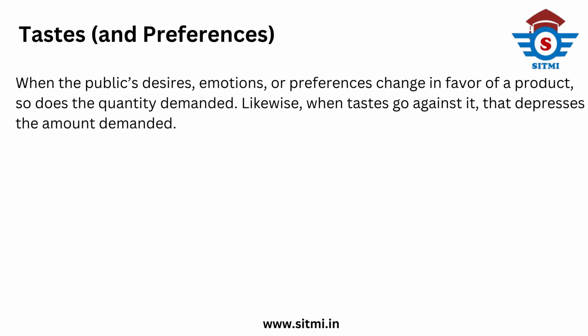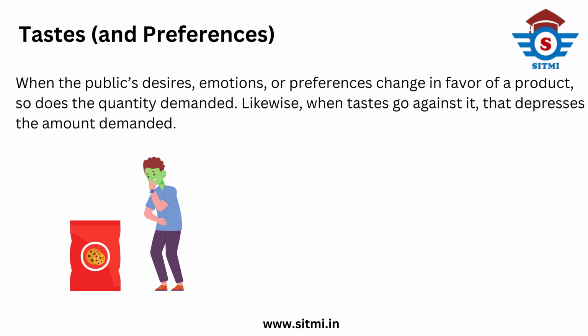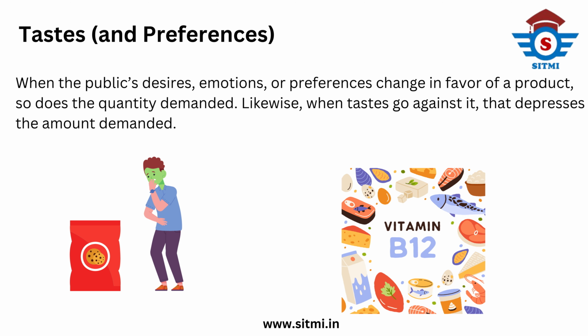For example, consider there is a food item and there is news that this food item has a direct impact on people's health and it spoils people's health. What happens is people's preference towards that product goes down, or people's emotions change about this product, and people might consume this product less. Similarly, if there are other food items which have a direct impact on adding vitamins, nutrition or health benefits to the consumer, then people usually try to have these products more and more. So that has a direct impact on the